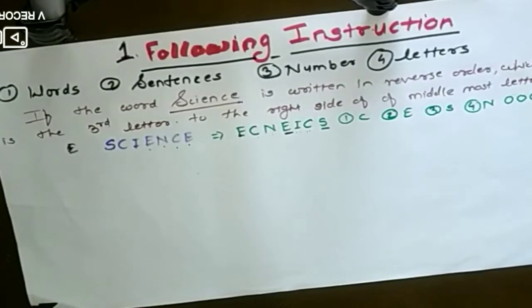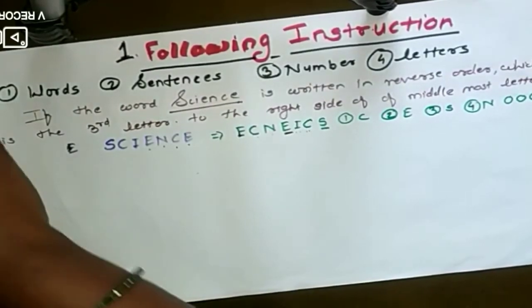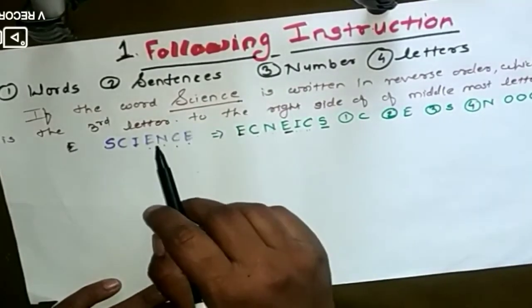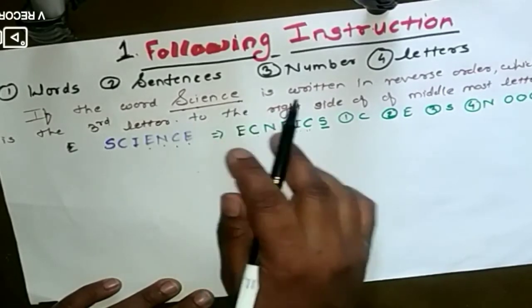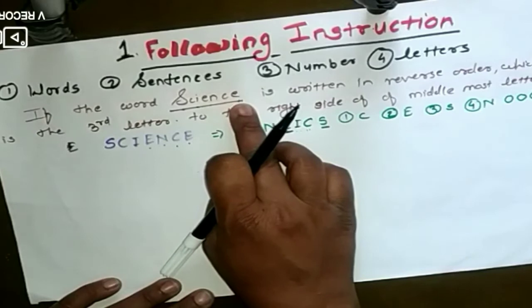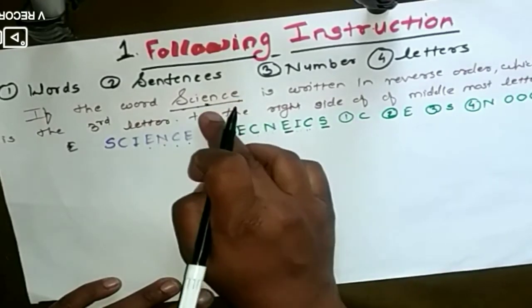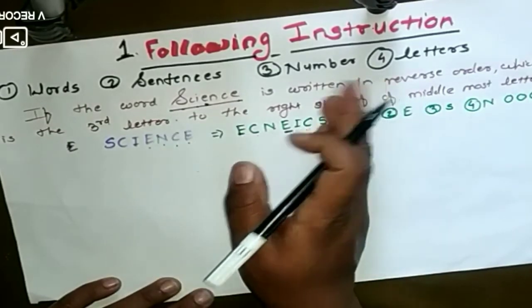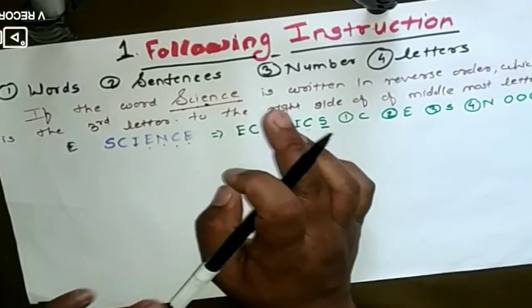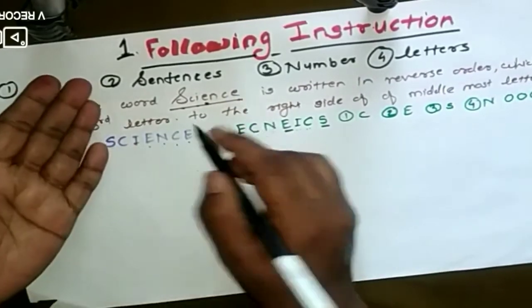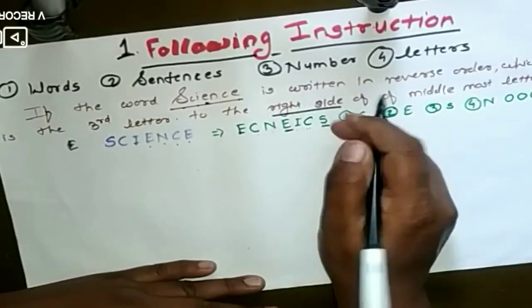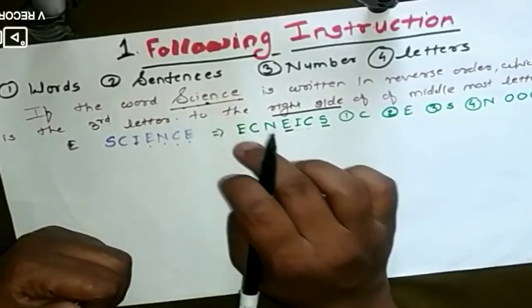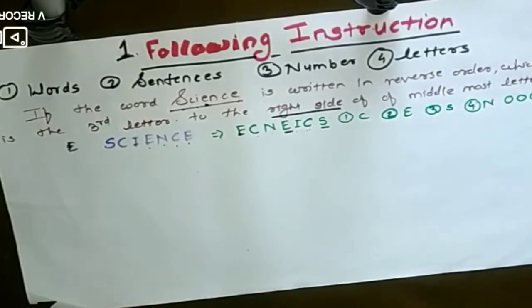Now if you want to write it in short, what they are asking is that you have to write in the reverse order. Here in the question only, SCIENCE, you just start from the end, E. The middle letter is always the middle only. So the middle letter's left side letters become the right side when we write in reverse order, and the right side's letters will come on the left side. So if they are asking for your right side's letter, then you just take the left side's reverse order. Take the third letter on the left side from the middle letter. So this is the first question.